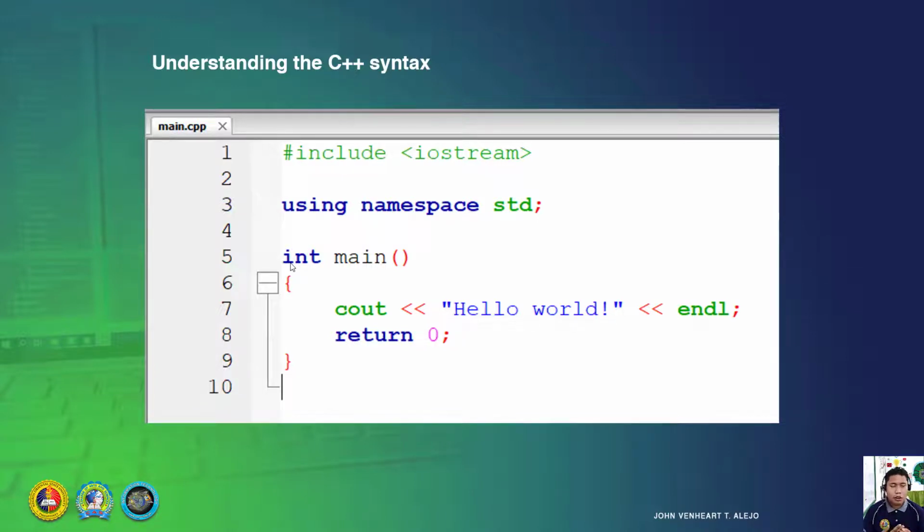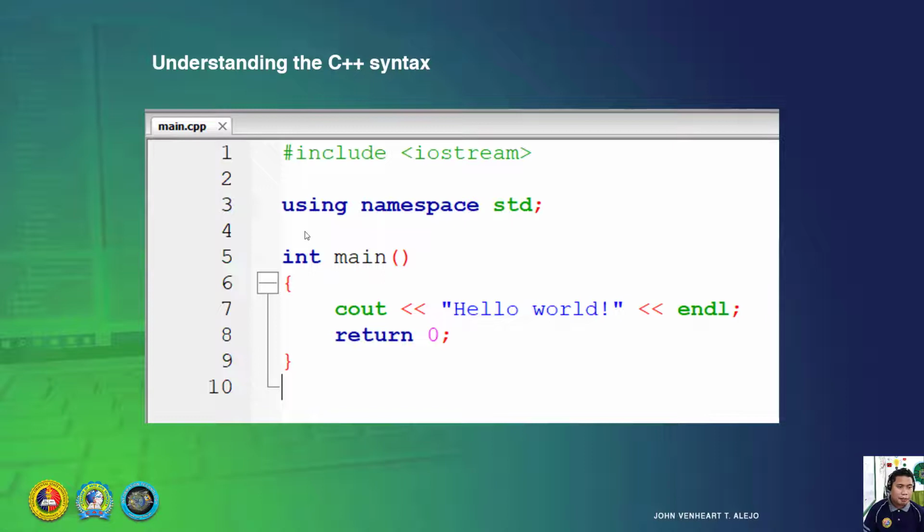So, computer programs can have one or more functions. In a basic computer program like this, there is one function here. This function is what we call main. Now, this main function is very special because even without calling it, it's automatically run.